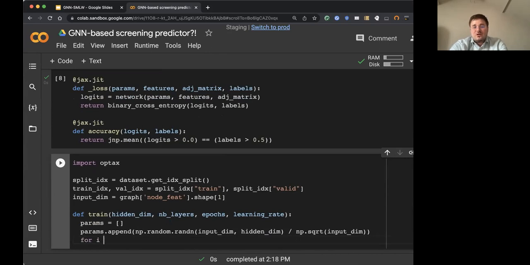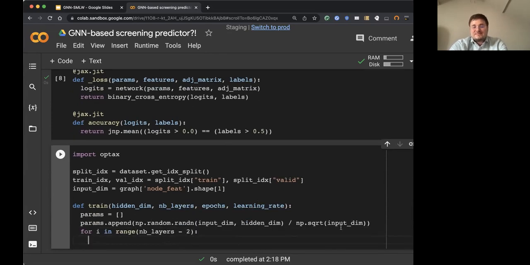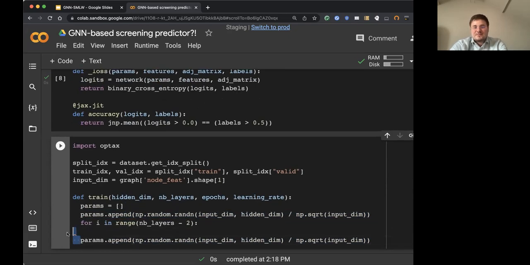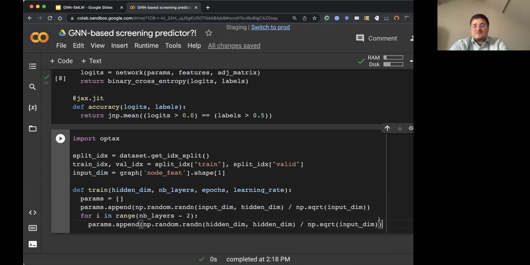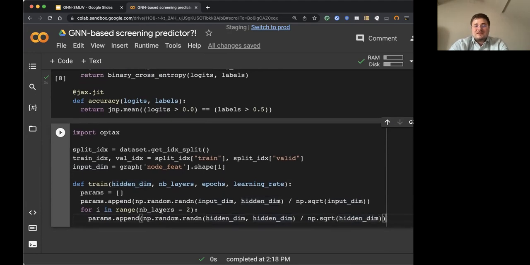Now for all the layers, well, all the middle layers to be precise, it's basically the same kind of matrix. So I take my parameters and I append numpy random randn. Now we just map hidden dimensions to hidden dimensions. And we divide by the square root of the input dimension. This time, sorry, hidden dimension, because that has changed. Okay. So these are all the intermediate layers of our GraphNet, which just keep us from hidden dim back to